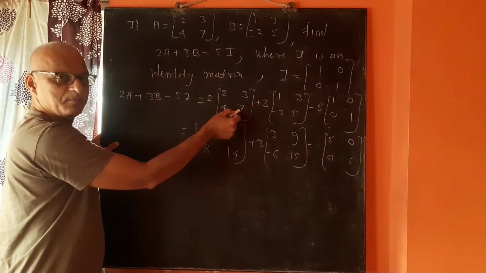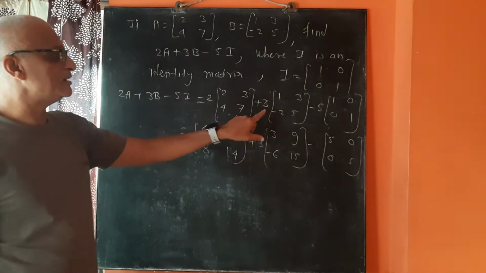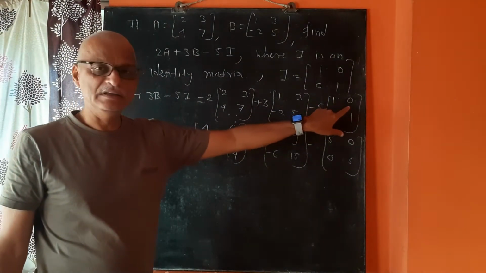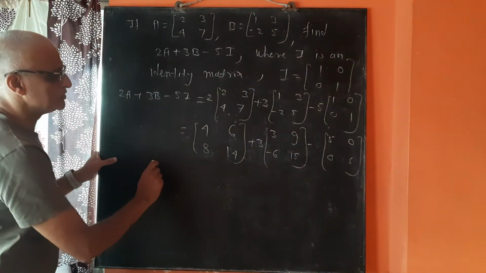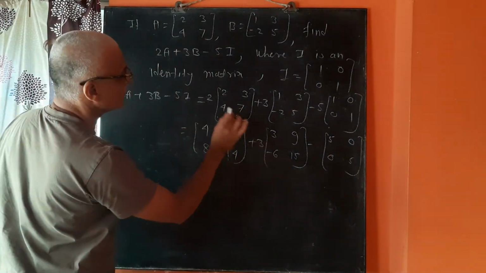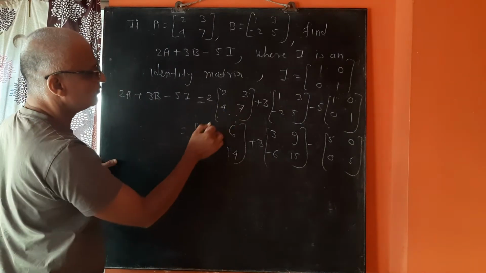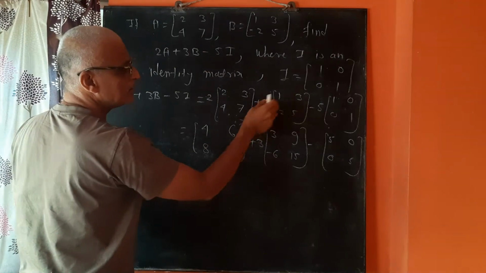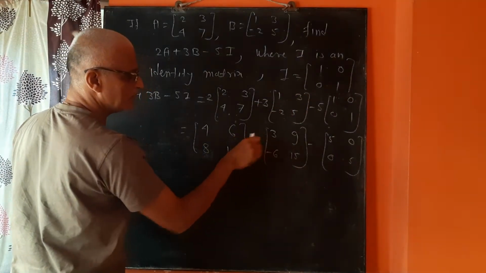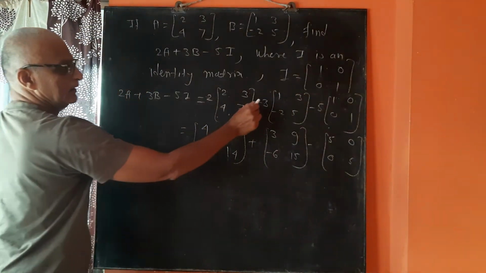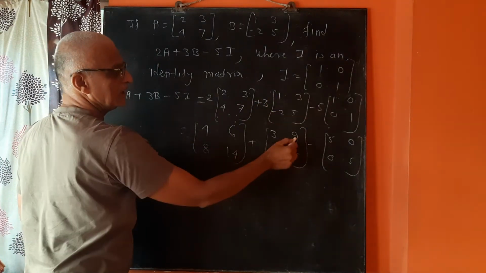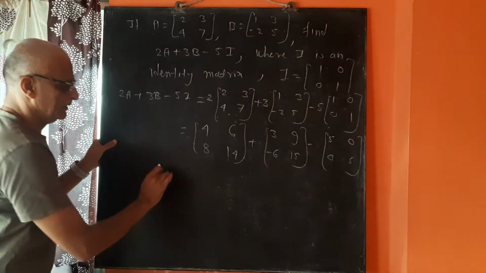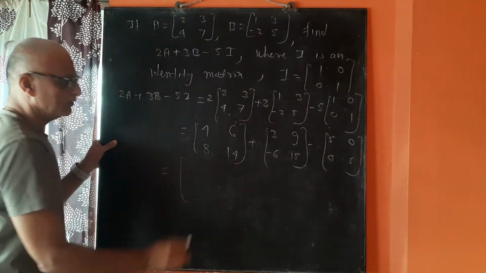We multiplied 2 with all the elements. In the second case we have multiplied 3 inside. In the third case we have multiplied 5 inside of the matrix. Something is wrong. 2 into 2 is 4. Here we have multiplied 3 inside, so that 3 will not be there. 3 into 1 is 3, 3 into 3 is 9, 3 into minus 2 is minus 6 and 3 into 5 is 15. Now,